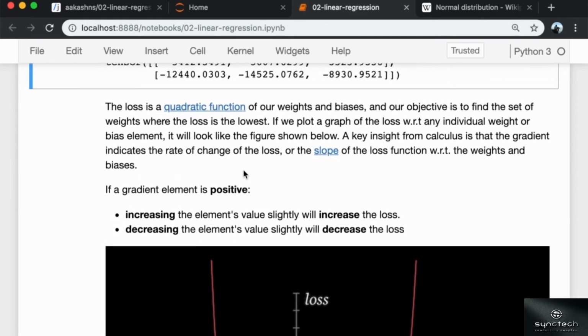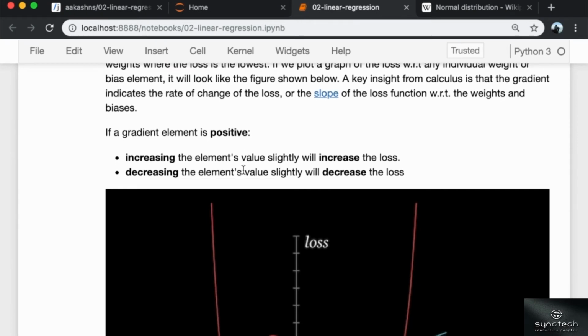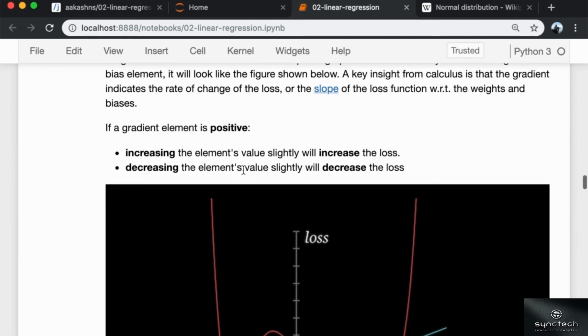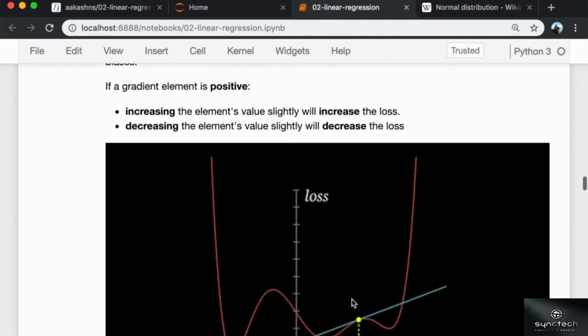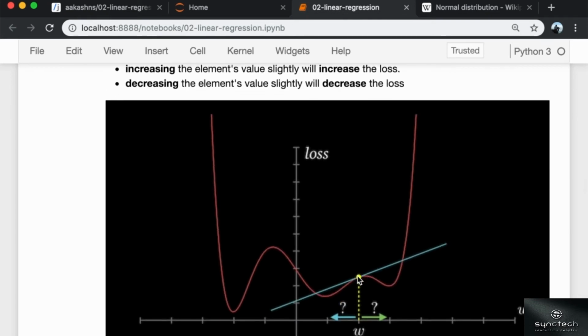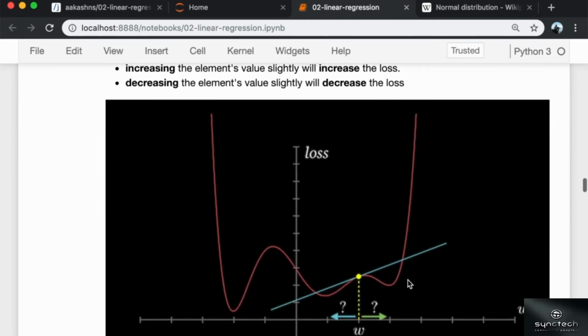Okay, and a key insight from calculus is that the gradient indicates the rate of change of loss, or the slope of the loss function, with respect to the weights and the biases, right? So if this is how the loss changes as a particular element of the weight is increased or decreased, keeping other things constant, then the gradient, which is this element, represents the slope of this line.